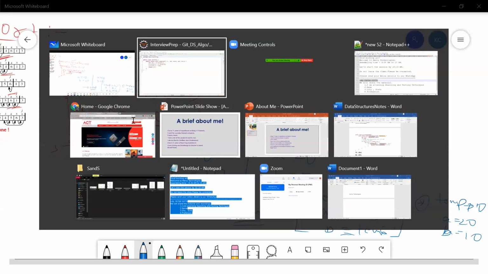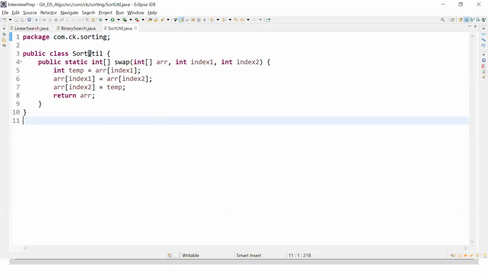Same thing over here. I have written a utility method, guys. Generally, when we work in companies, there are some common operations that are done in various parts of our code. For example, we have a huge project, but there are some common operations that we do generally. All those common operations, we put them into utility classes. Previously somebody mentioned that Collections is already there. Collections is also a utility. It is present in the java.util package.